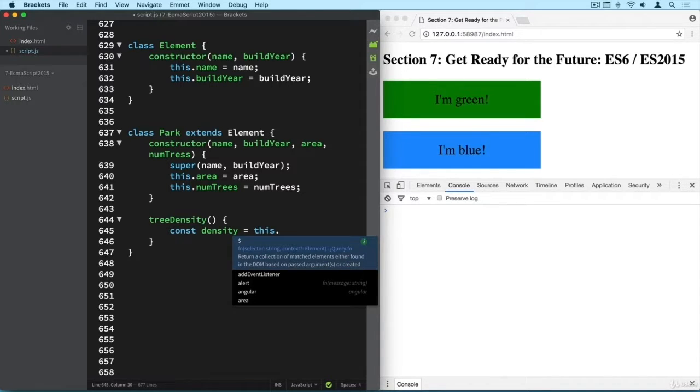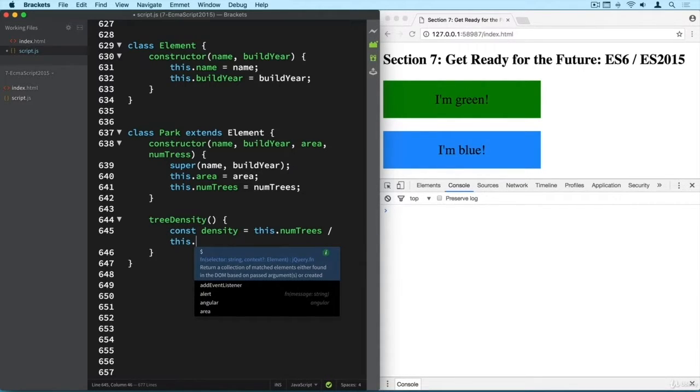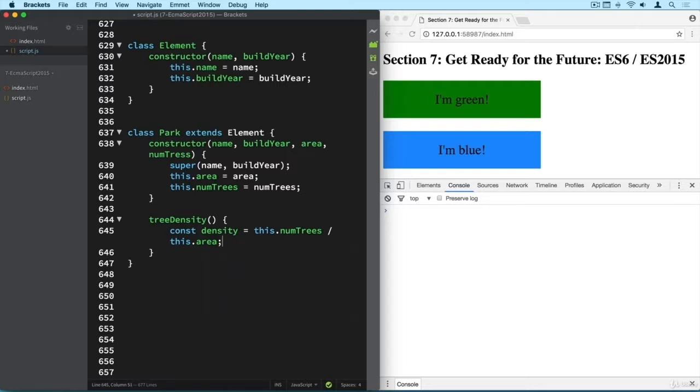And so of course it should be the number of trees divided by the area. And that's it. And since we're building something very simple here, we're just gonna console.log the result of this calculation, since that is the final output that we want. So instead of returning it, such as we would do in a real app,